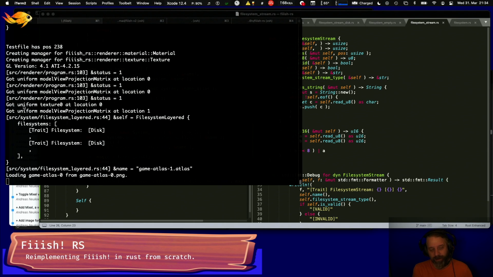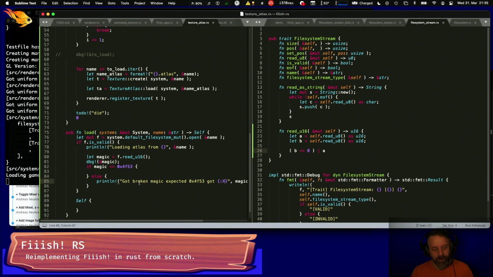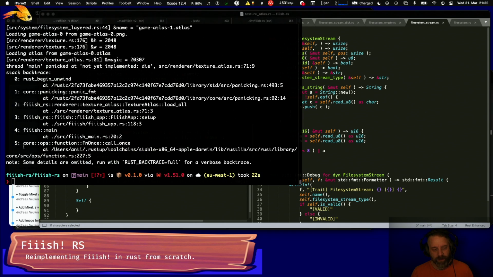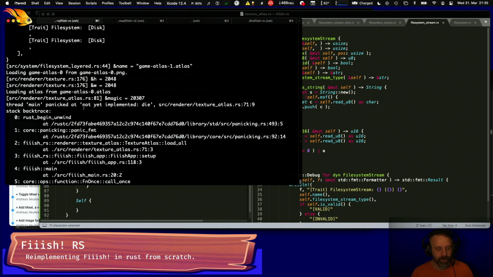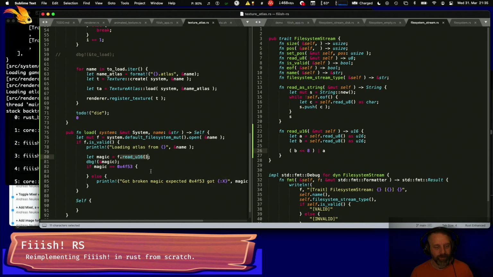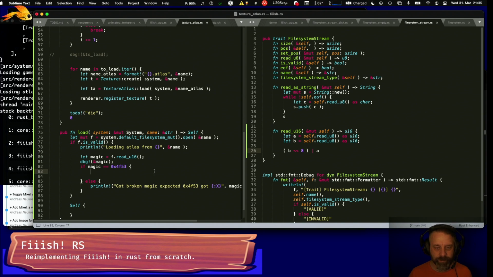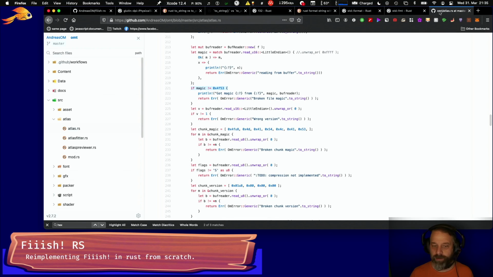I wonder why this step, this read, takes forever. Doesn't make any sense, but we got the right magic, so that's good. So if we get the right magic here, right? If we get the right magic,